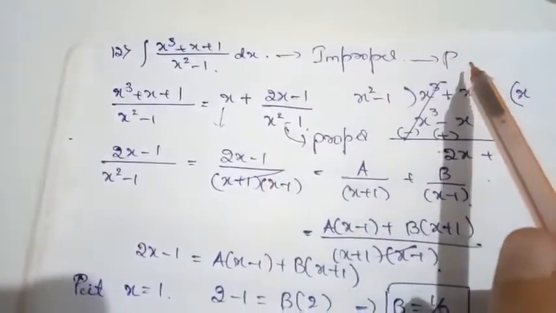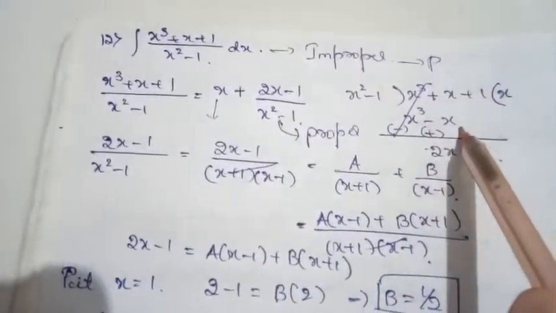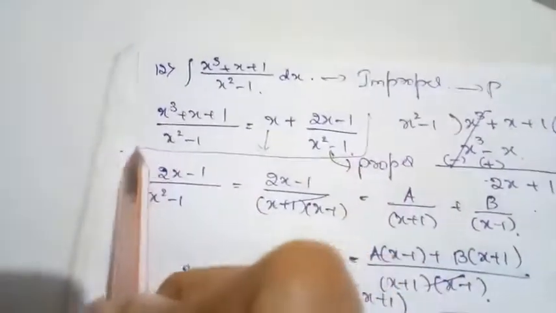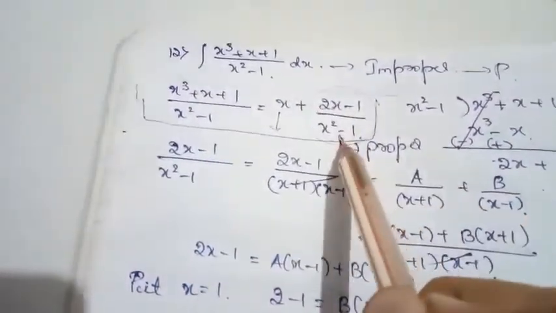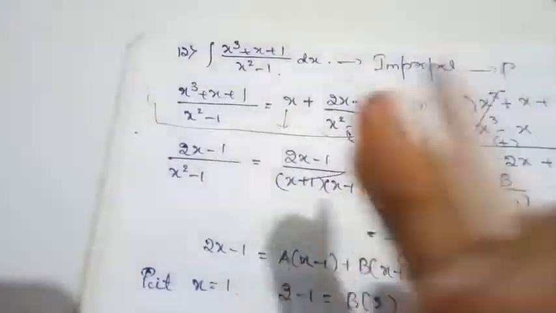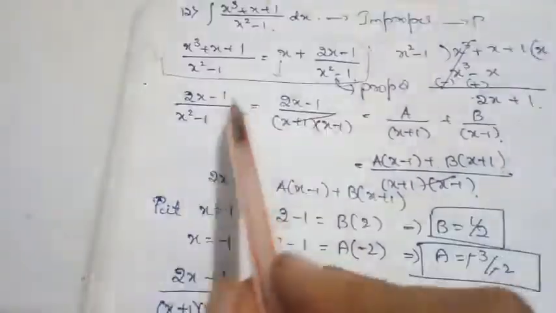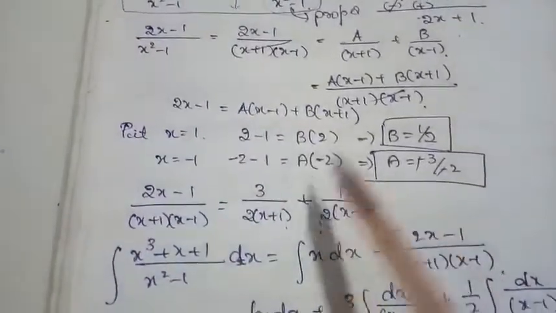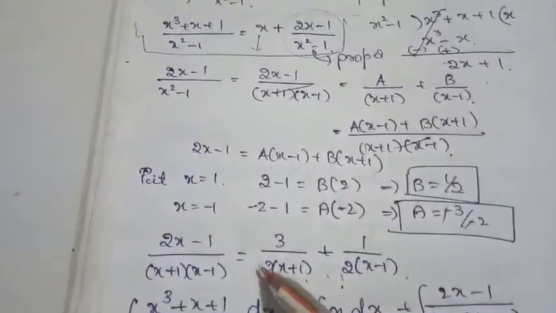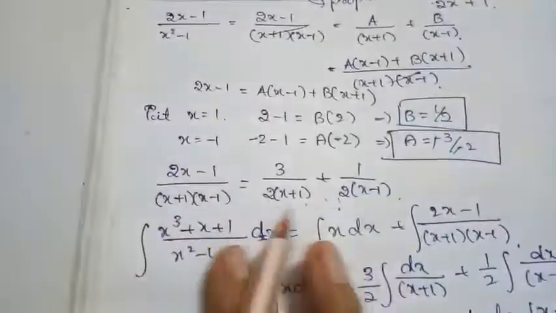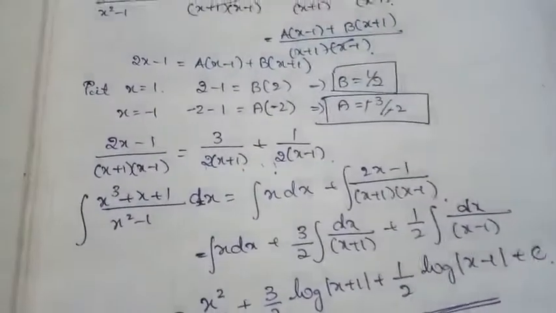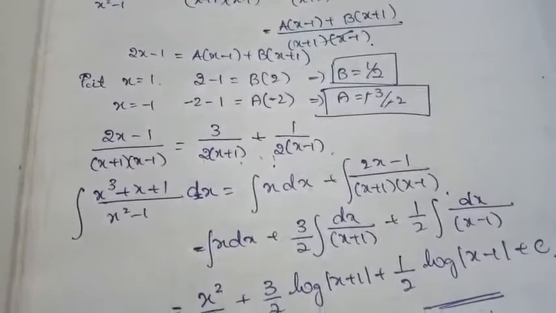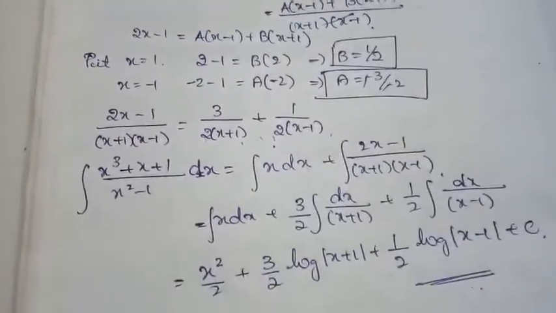Even though it was an improper fraction, first we converted it to a proper fraction through the long division process. We got that the improper fraction is equal to this. So first we find the proper form through partial fractions. We got the value of this, and then equated this value and this one together in the integral, and we got the integral of the given question. So go through each step clearly, understand, and then proceed to the next question.